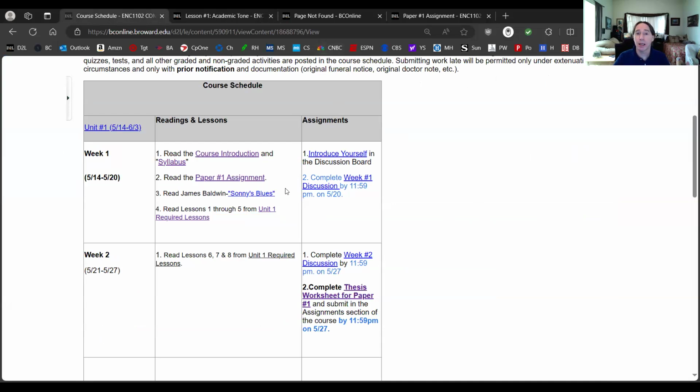And then you want to read the first story that we're going to look at within the course. So this is a story called Sonny's Blues by James Baldwin. And then once you've read the story and you feel like you've comfortably understood it, you're going to participate in the discussion board. The week one discussion is asking you some questions that relate to Sonny's Blues and to applying